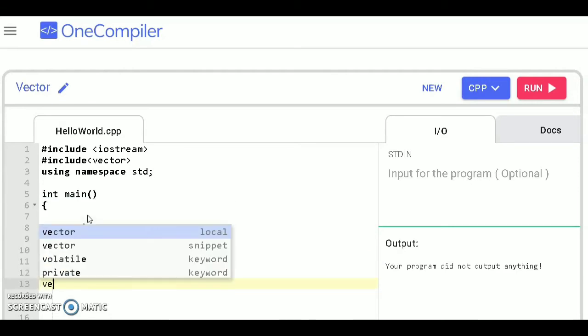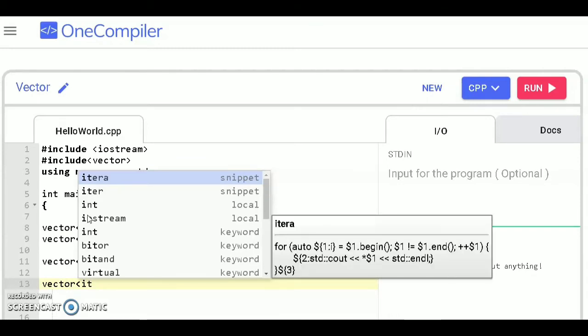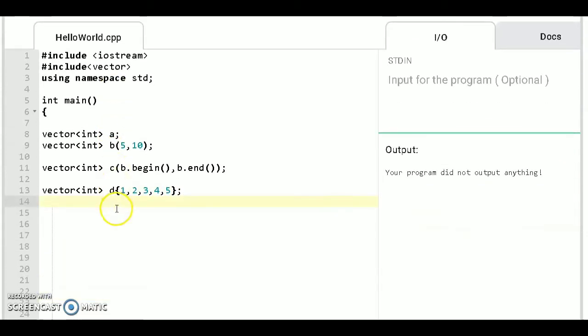Or you can declare a vector of int d having the elements 1, 2, 3, 4 and 5. So in these ways you can declare the vector, or you can declare the vector by taking input from the user.